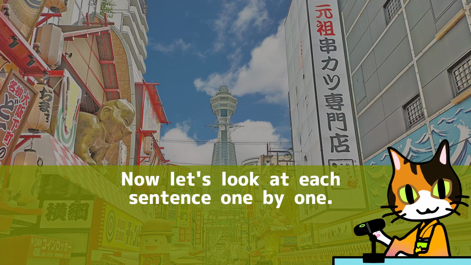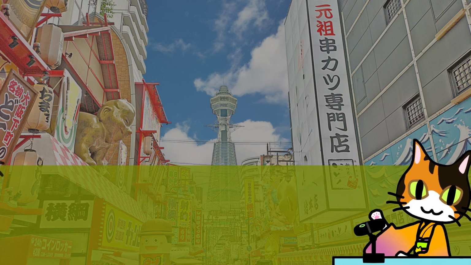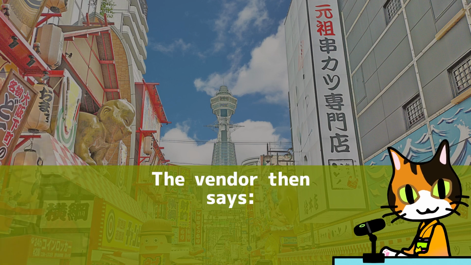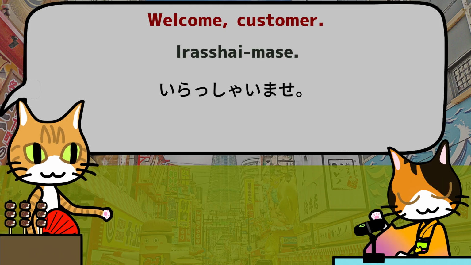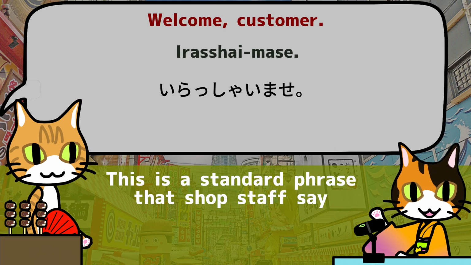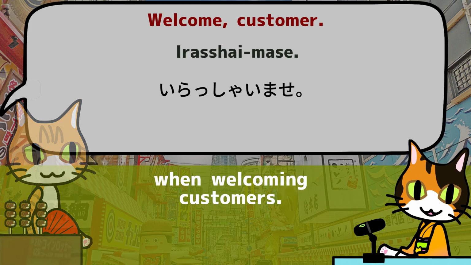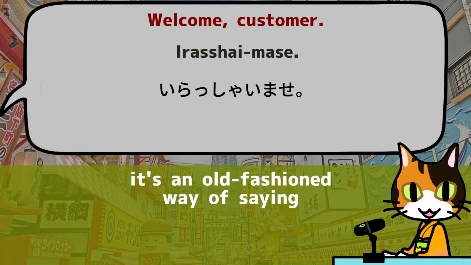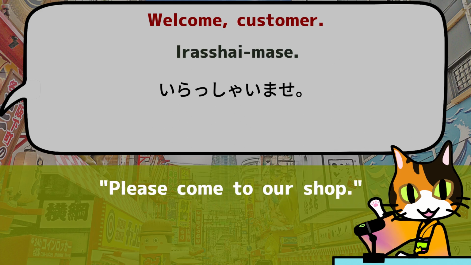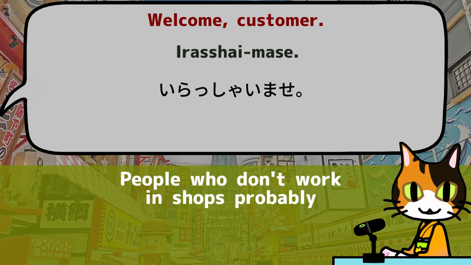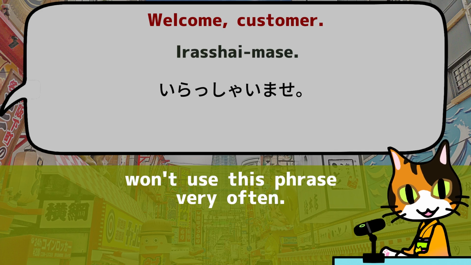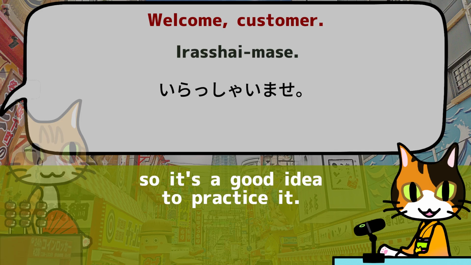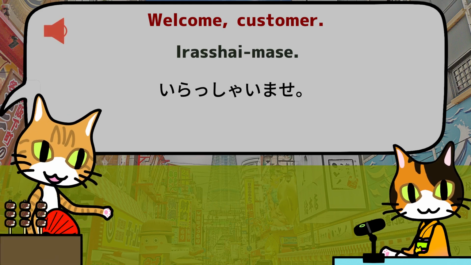Now let's look at each sentence one by one. Tourist sees a street vendor selling some food and approaches. The vendor then says, いらっしゃいませ。 This is a standard phrase that shop staff say when welcoming customers. Literally translated, it's an old-fashioned way of saying, please come to our shop. People who don't work in shops probably won't use this phrase very often. However, it is a phrase you will hear often, so it's a good idea to practice it. いらっしゃいませ。